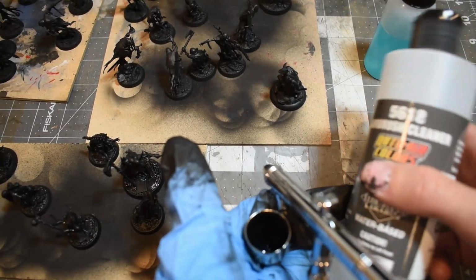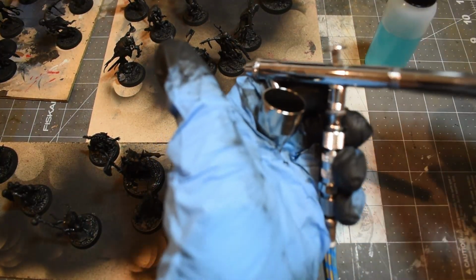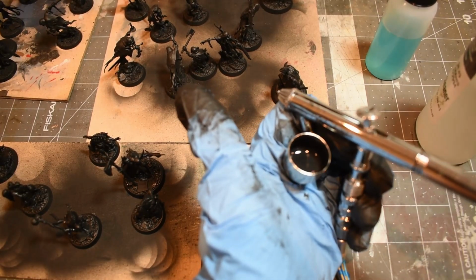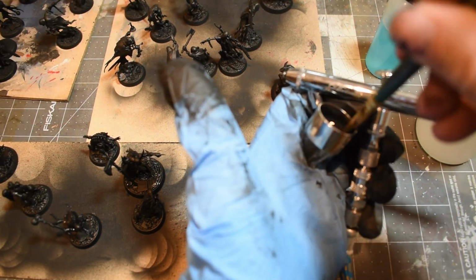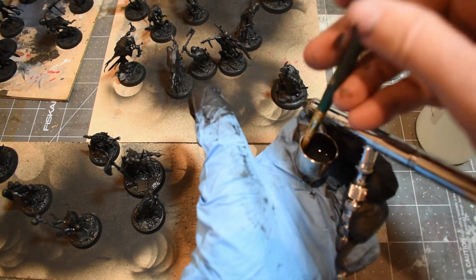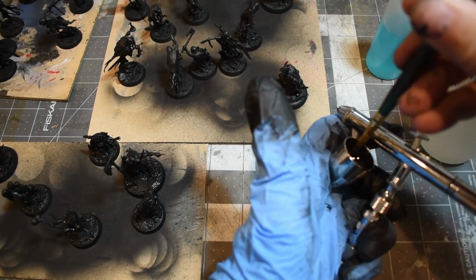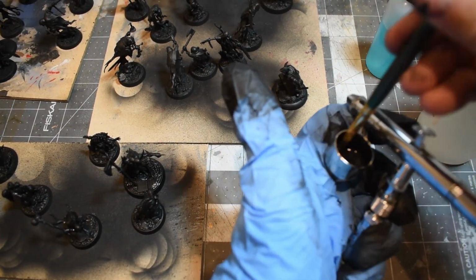Well, I don't have any right now. I thought I did. So I'll show you how this stuff works. So this is basically mostly rubbing alcohol, and I'm not saying that that's a bad thing. There's a lot of people who say in online forums that if you use anything that has ammonia in it, it's going to eat the chrome on your airbrush and destroy your airbrush. But the thing is that this stuff,